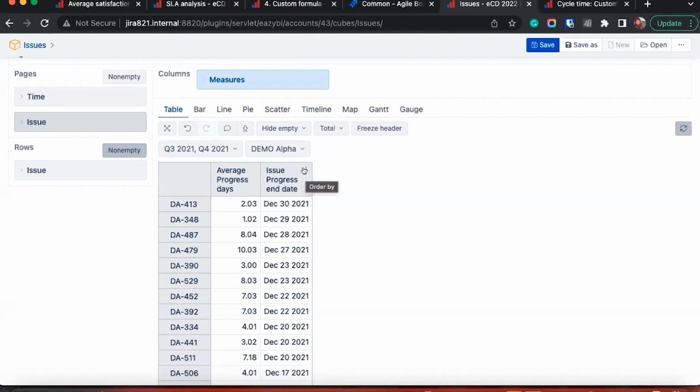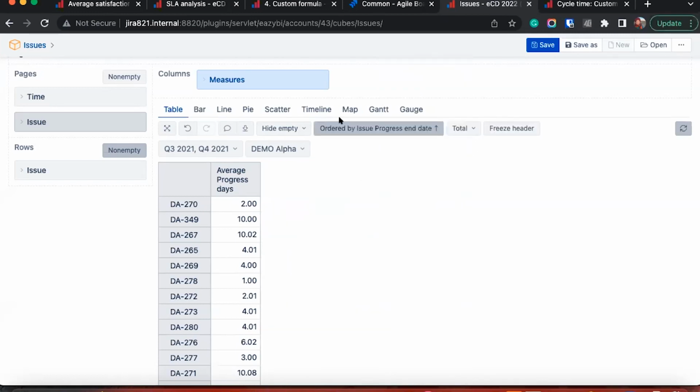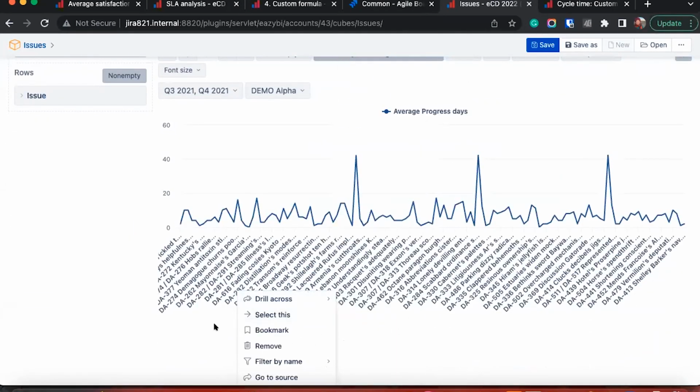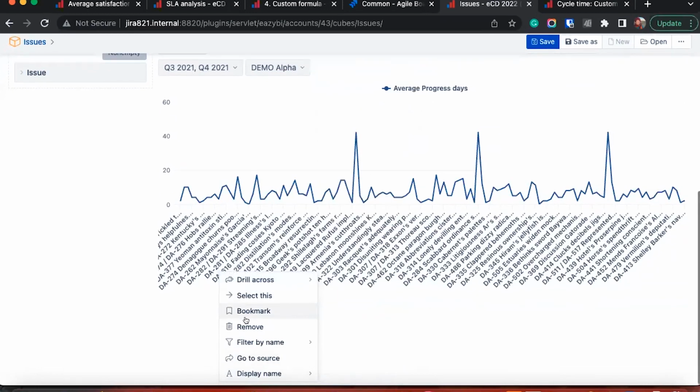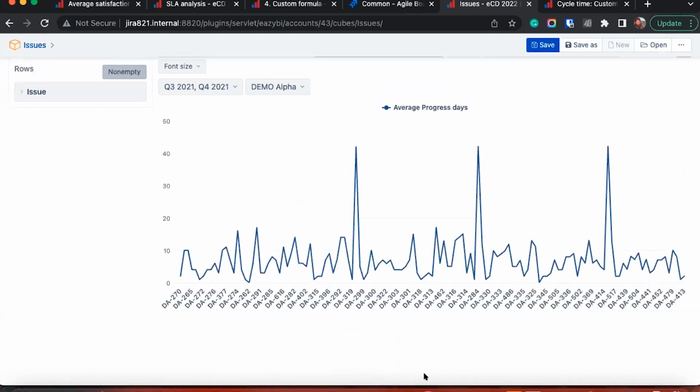I want to have some kind of timeline, and I'm using issue property as this timeline. So I'm ordering them from the oldest to the newest one. And I want this only for ordering, so I will remove this measure. So the ordering stays there. And now let's move to line chart. So let me change also, okay. I have a little bit of zoom. So,